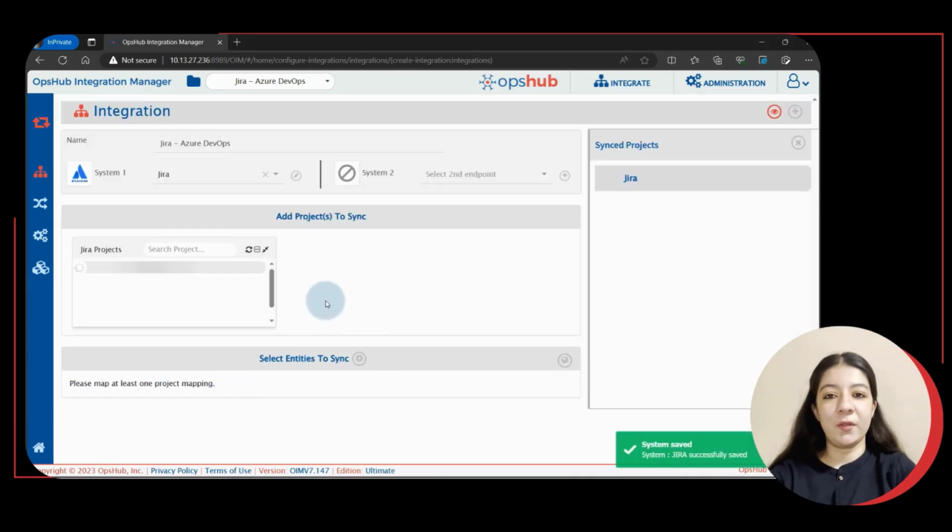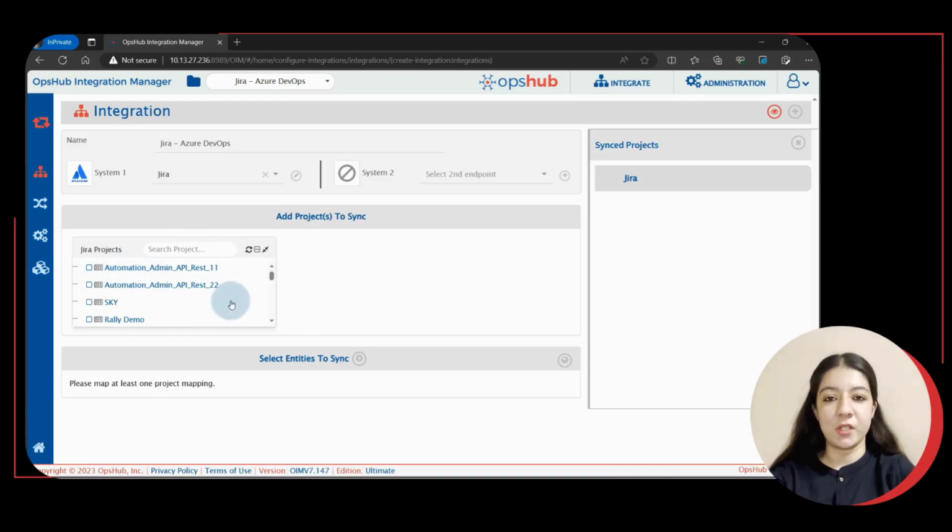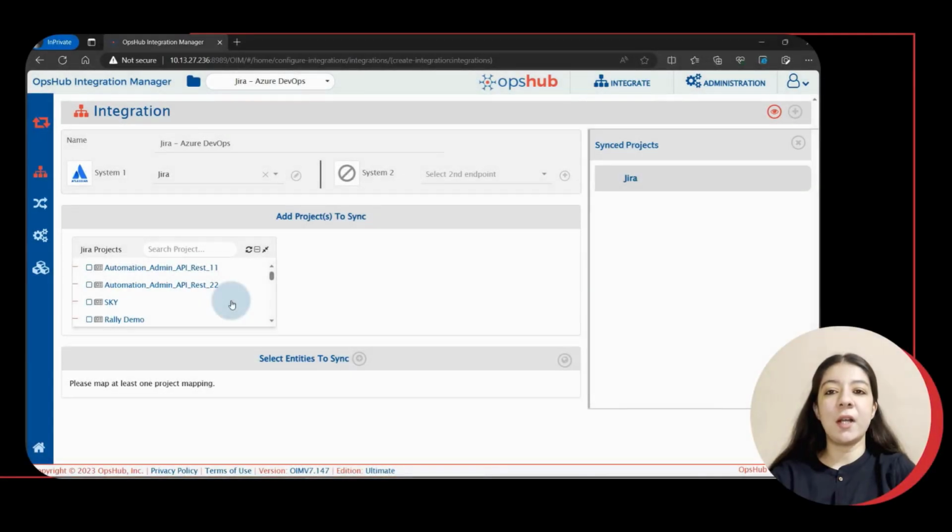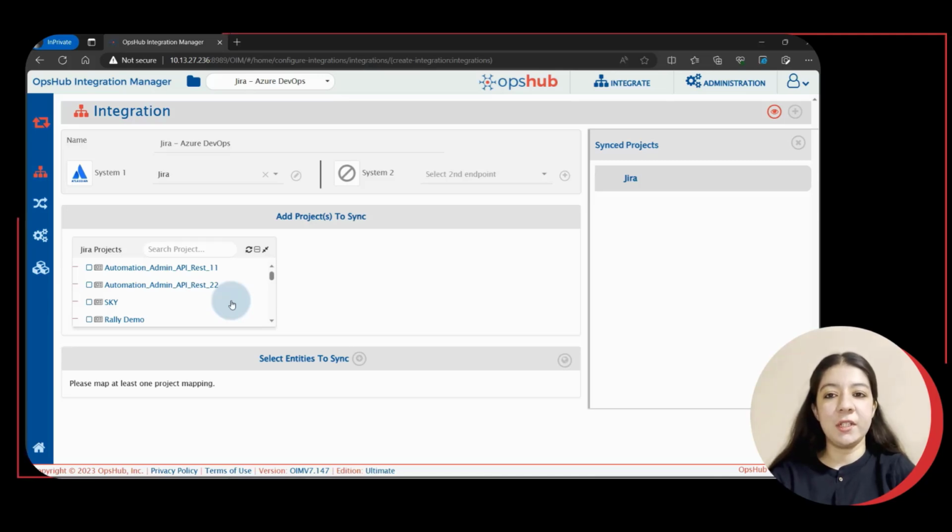Once the system is configured, all the projects inside the system will load automatically. If a particular project cannot load, the integration user has no access to that project. Make sure to provide access for the project to select. If you continue to get an error and you are still not able to load the project, then please ensure all three checks, prerequisites, proxy, and HTTPS, are taken care of.